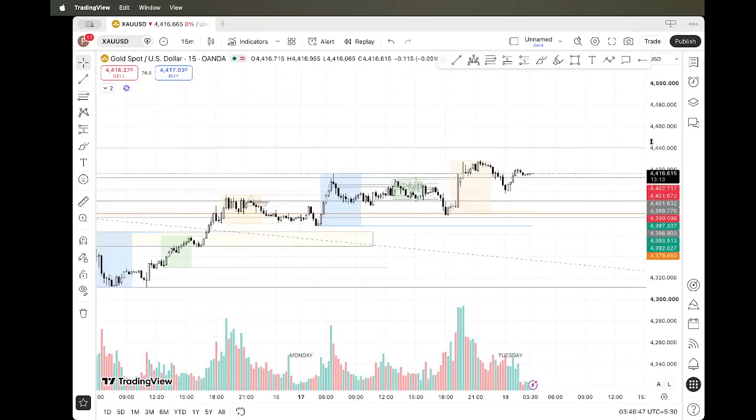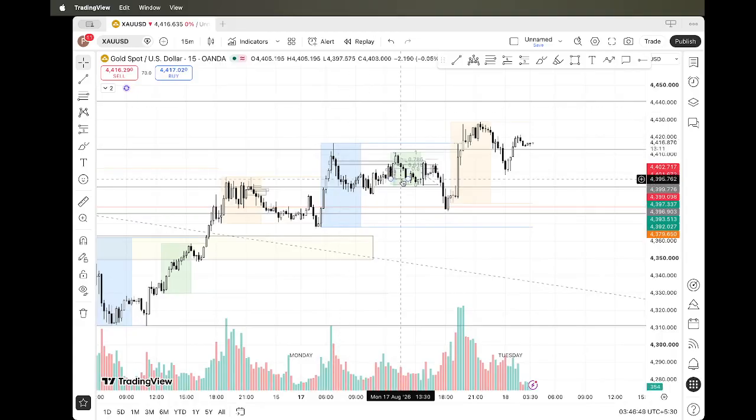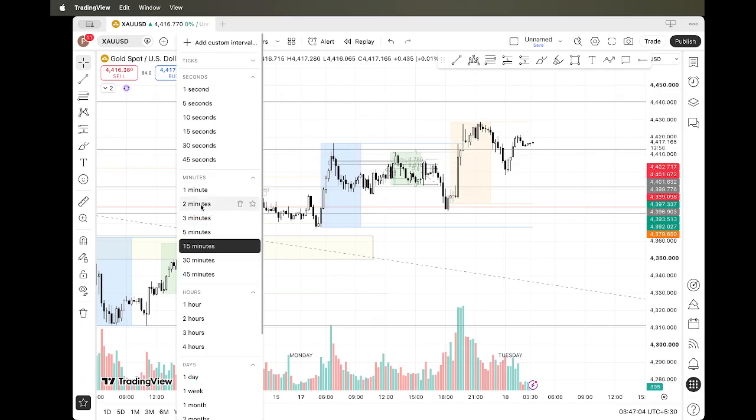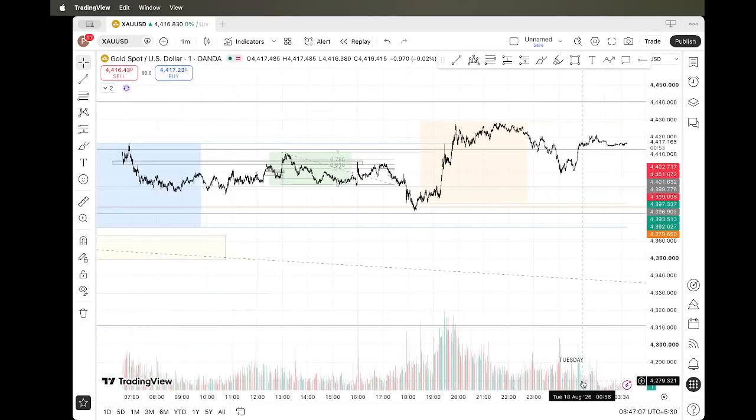So in the Asian session we definitely got a bull run, and the 15 minute was definitely bullish, but it was in the most probable zone, so I was looking for some sells itself. So if I quickly jump to the 1 minute in order to break down the entry model,